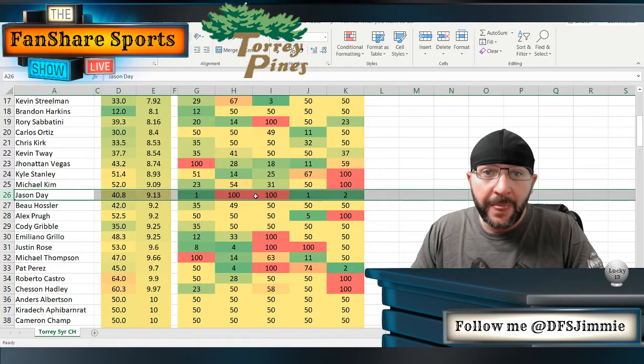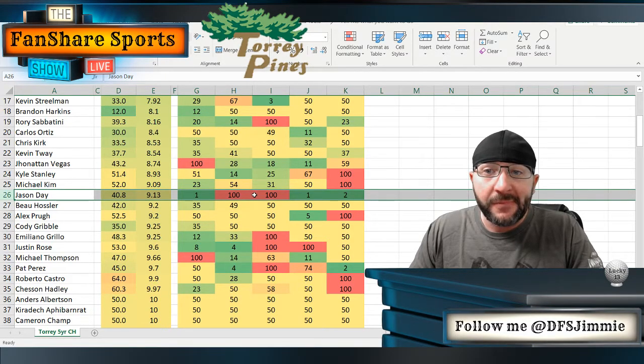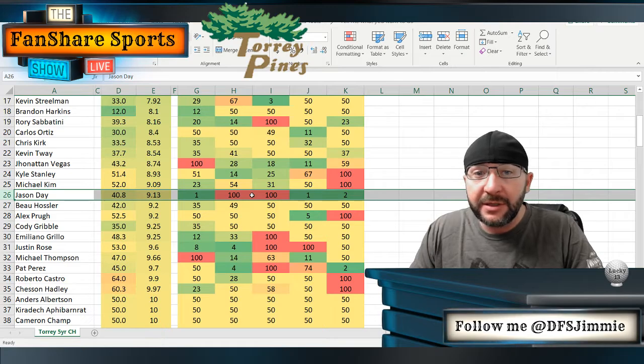So Day's sort of prototype of a game is what I think about when I think about how do you attack this golf course. And his is just, get it down there and get a wedge and sink a putt or two. But Day's not known for his driving accuracy at all. So I lean bombers. This week, I lean bombers, and maybe I don't care so much about the accuracy, because